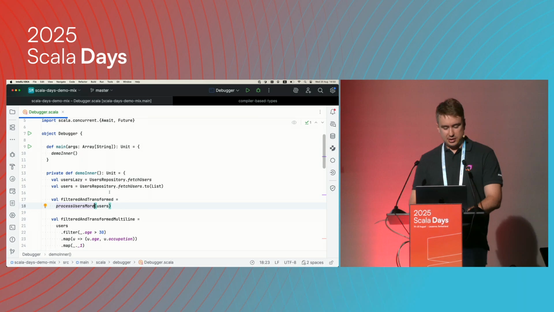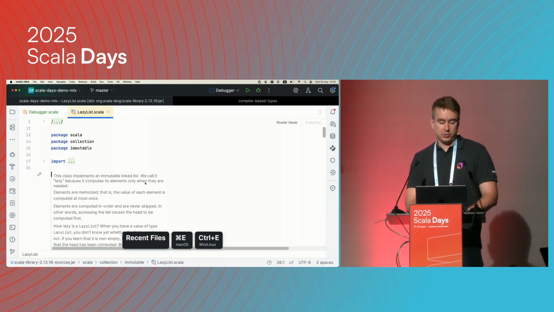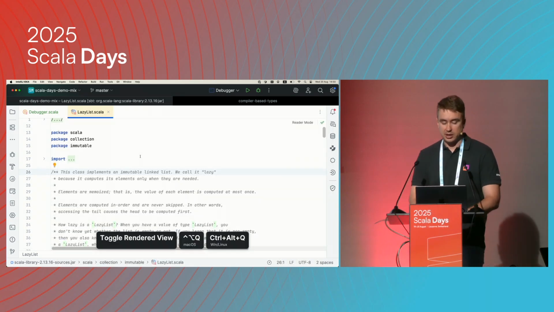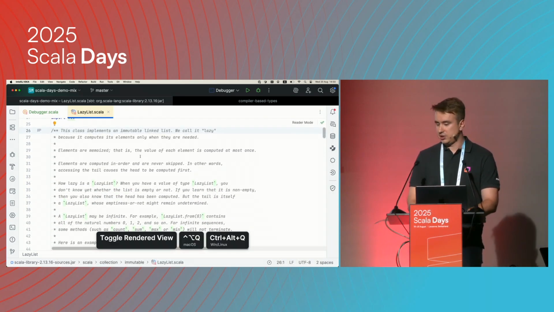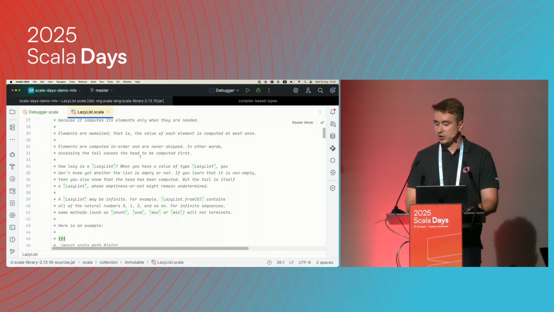And the next nice feature, you could see it without doing anything, but I would still want to highlight it. When you work with some documentation, whether in the library code or in a document, the default view would be something like that, with a lot of Scala doc syntax, which makes it not very convenient to read